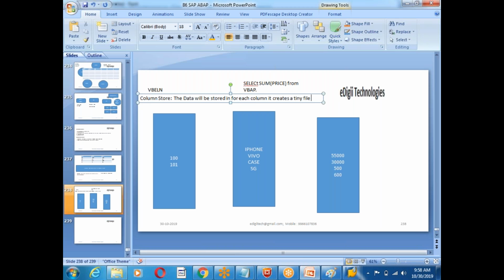Tiny file is nothing but a small file. For each column, it creates a separate tiny file. So that's column storage. It creates a separate tiny file, and it provides